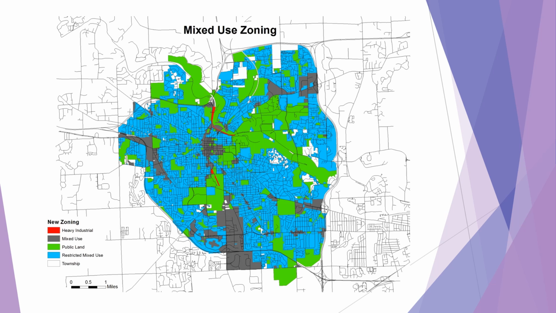So mixed-use zoning simplifies that, allows for greater diversity of different types of land use within the same area. In this, the blue is still residential, but you're able to have some retail, some different kinds of use that's not heavy industrial, but it might be light industrial. And so the controls mean that you can have little hubs within the city that have a diversity of uses. The idea with transport is to provide the kind of mix of services so that you're not needing to travel and get in your car to go out to a box store, that you might be able to have areas close by.